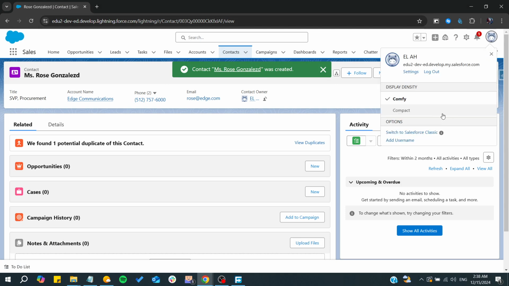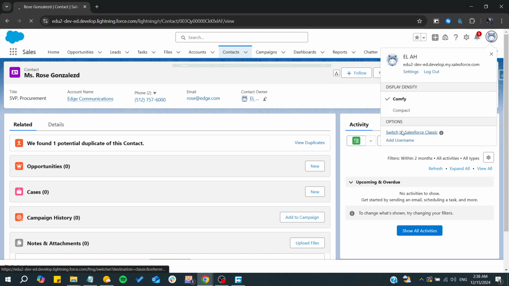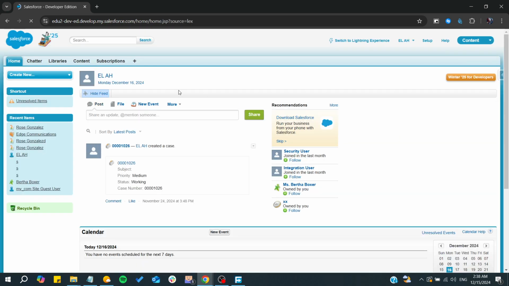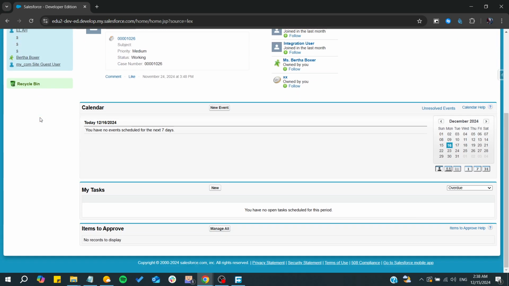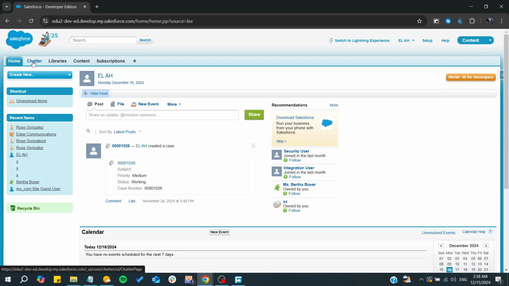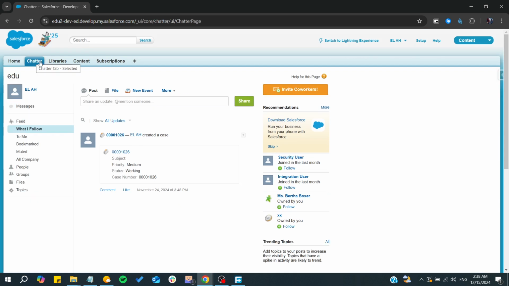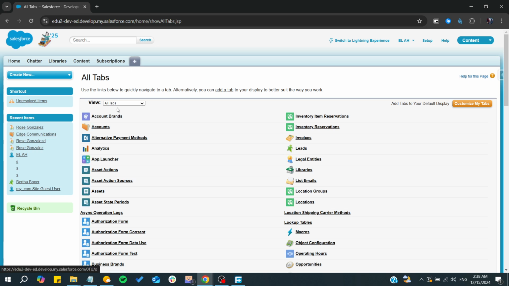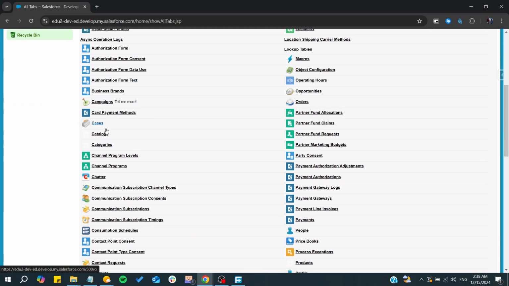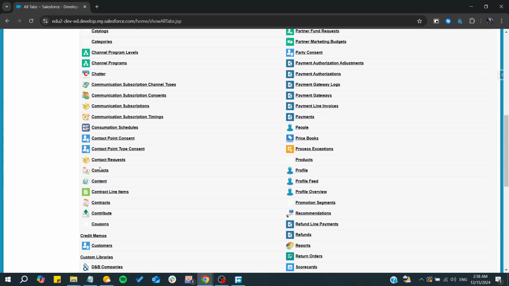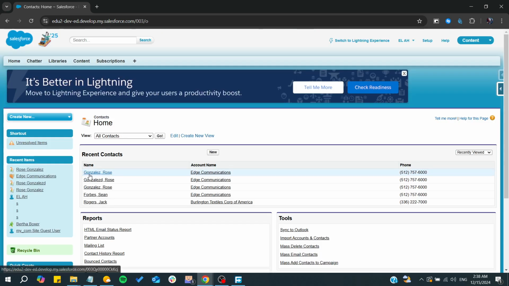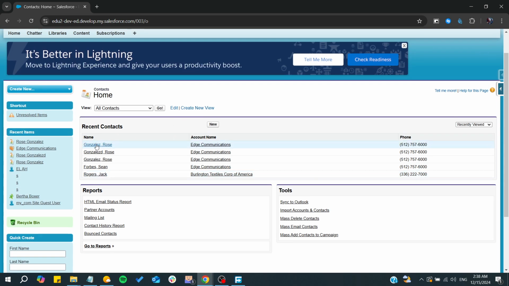So now I'm just going to the Salesforce Classic, and from there we will need just to merge our contacts. So basically we need to search for our contacts, and we can find them here in the shatter, or you can just start searching for the contacts. So let's just search for contacts, and simply we can find them here. And as you can see, we can find these three duplicates, and we want to click on it,